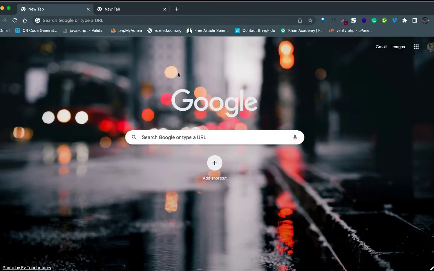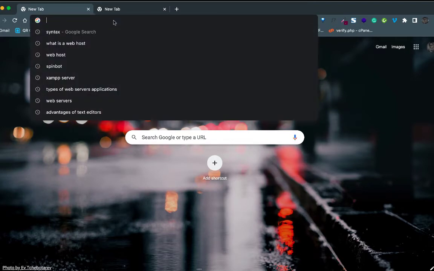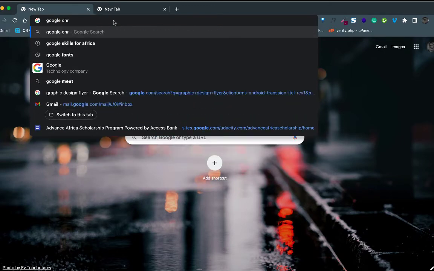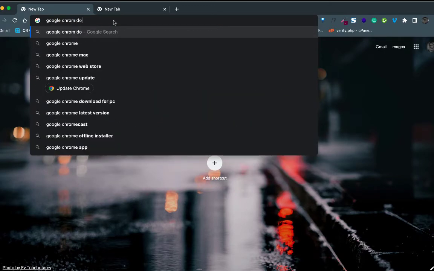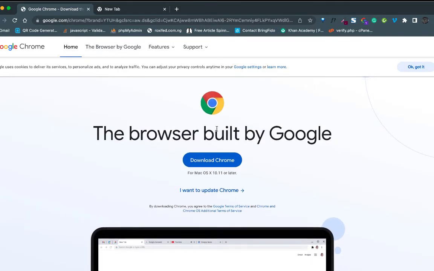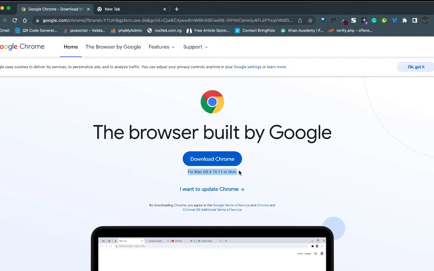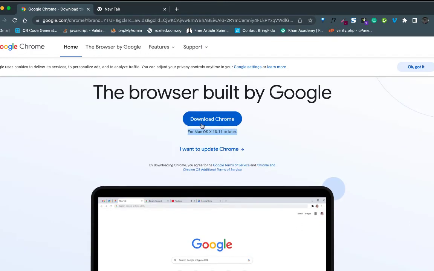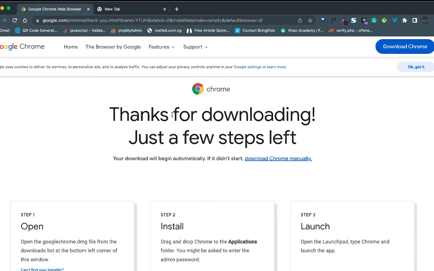I have Chrome already installed, but if you don't have Chrome installed, you can go straight to your browser and type in Google Chrome download, and refer to the page, and you click on the download Chrome browser. By default, it's going to select your specific OS and it's going to download for you. See here we have download for Mac OS or later, so we can choose to click on the download button and it's going to start downloading, and when it's done it will tell you it's done, just a few steps,